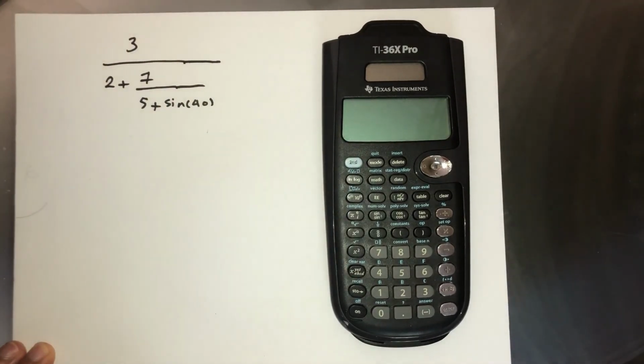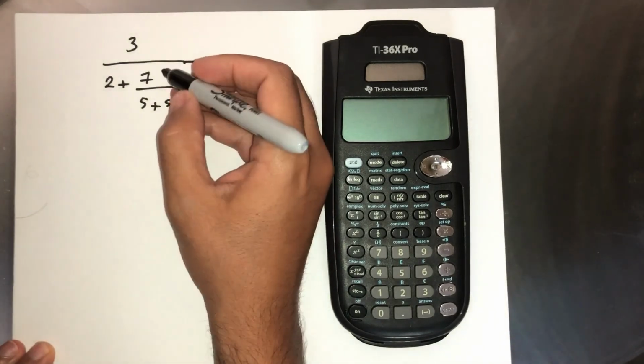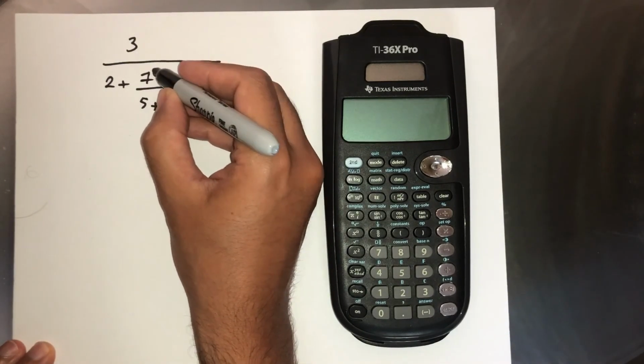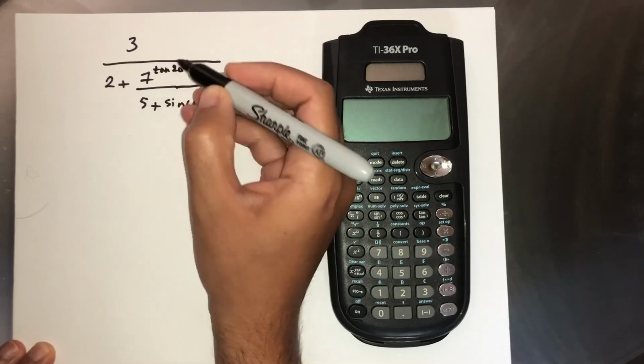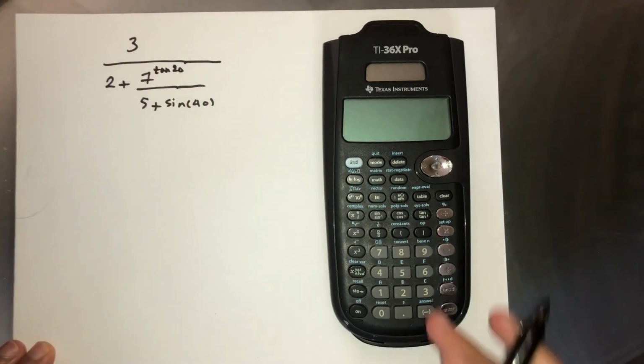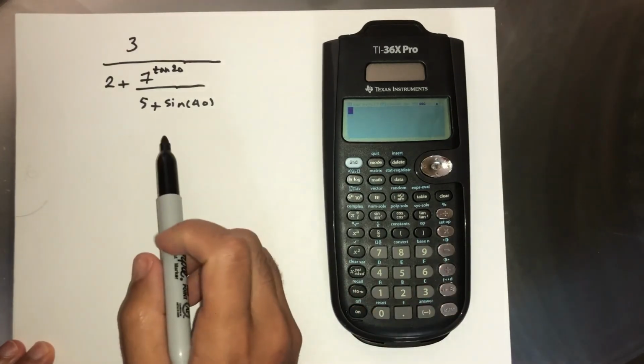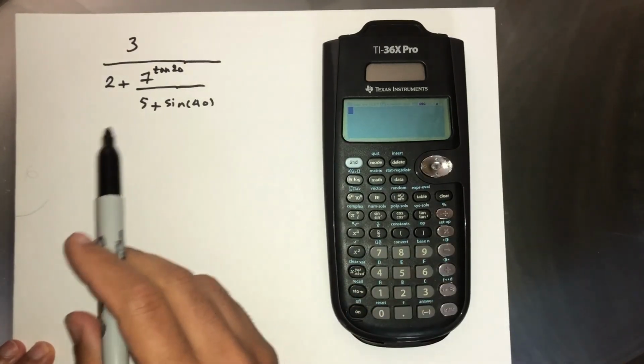And so on and so forth. Or you can even add another thing here. It's a power of 7. You have tangent 20 degrees. So of course, if you want to use the traditional format, enter the whole thing as one line